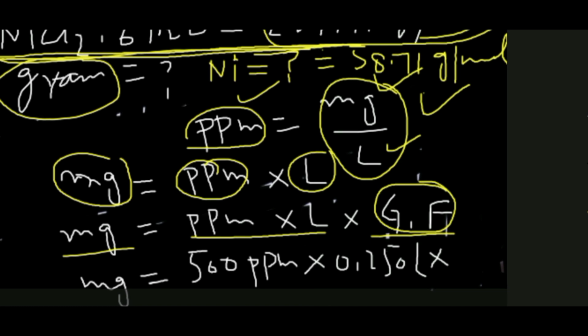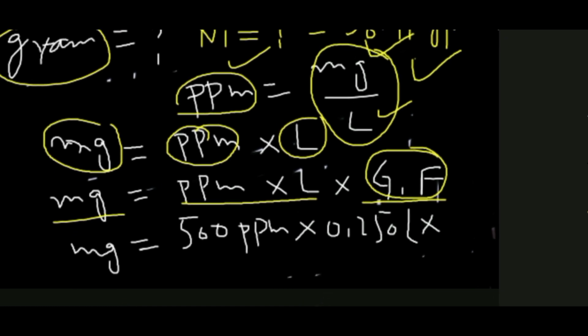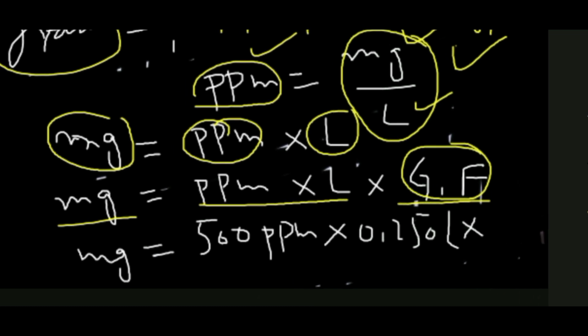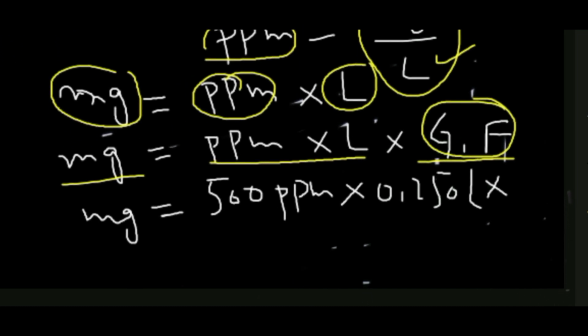So here we have a salt of nickel chloride, and we have to prepare the nickel solution. So we can write that the gravimetric factor will be equal to